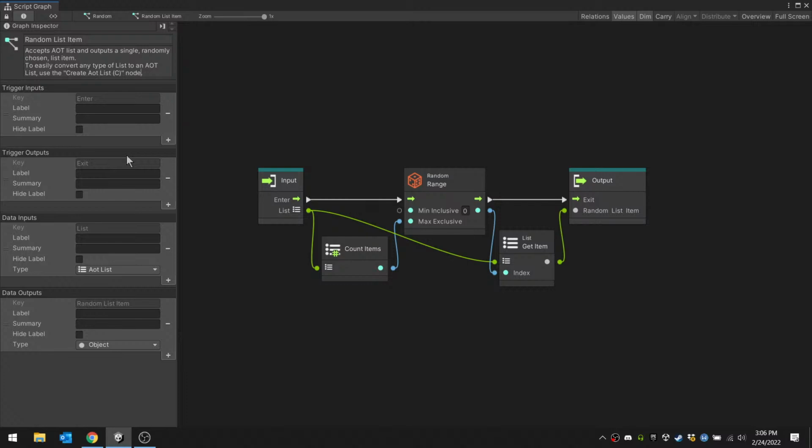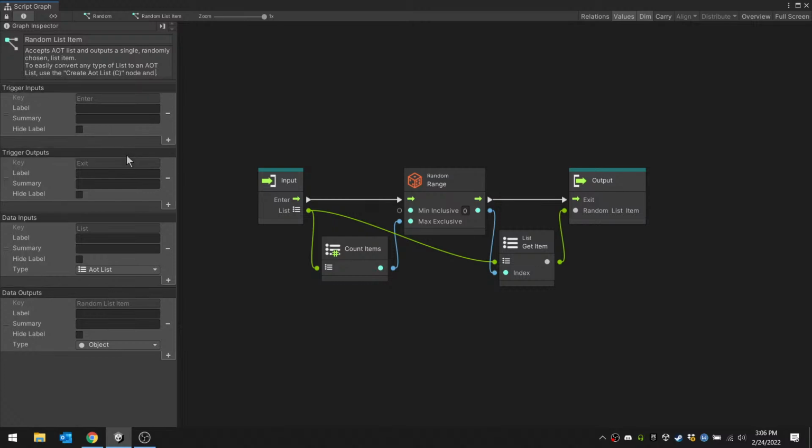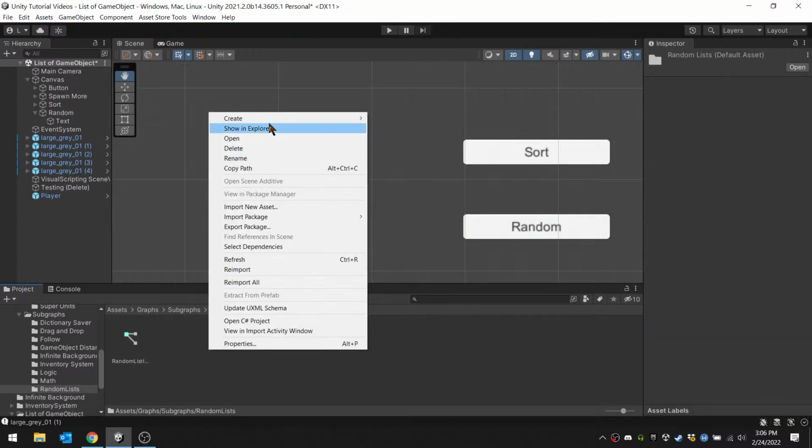Let's see. Node and attach the out. You know what? I won't explain how to do it. To easily convert any type of list to an AOT list, use the create AOT list C node. I think that makes perfect sense, right? Random list item. Okay. So now create